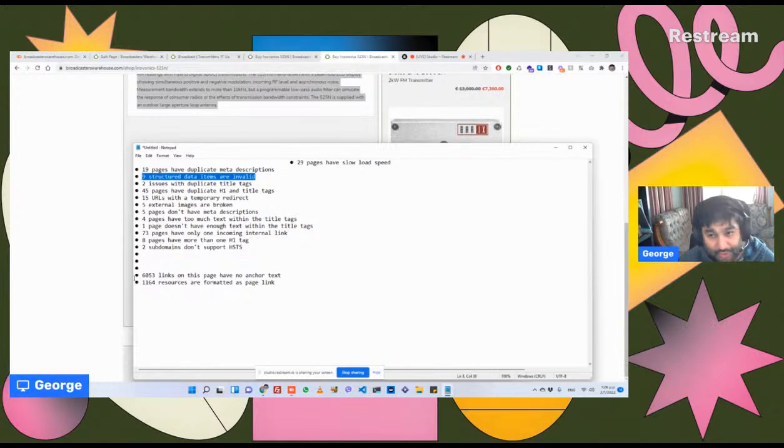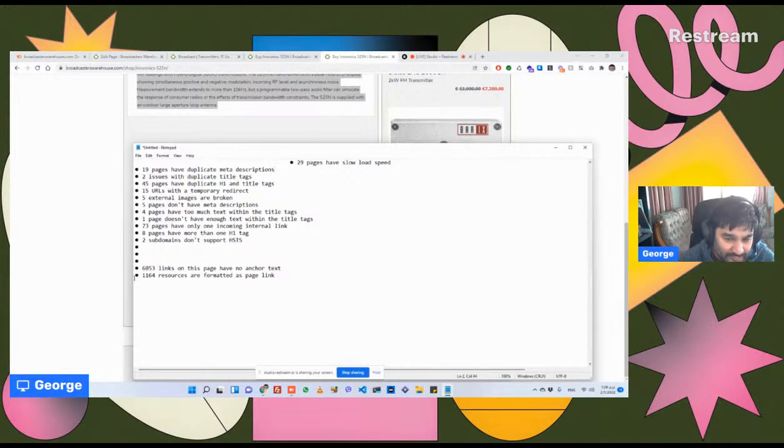Structured data, I sort of showed you what's valid and what's not. I explained this one, and that if people add reviews, this error might go away. I explained this one before, which I didn't delete because I couldn't find it at the time. So now it says that there are two issues with duplicate